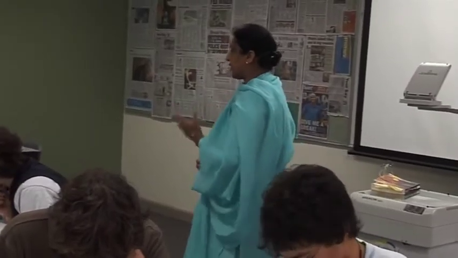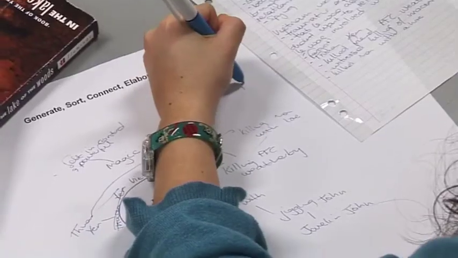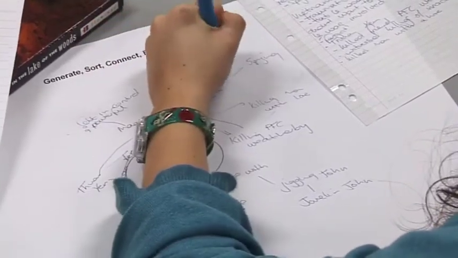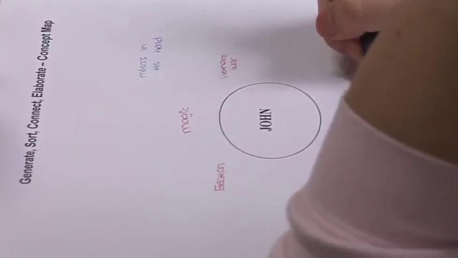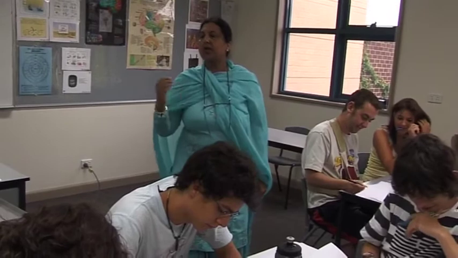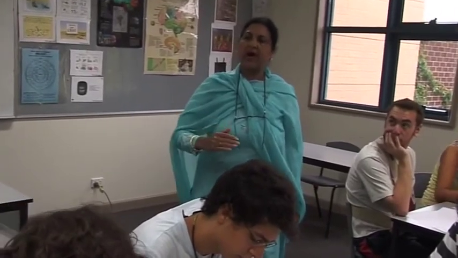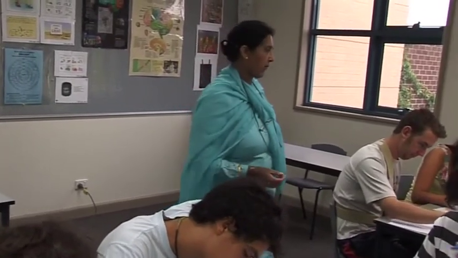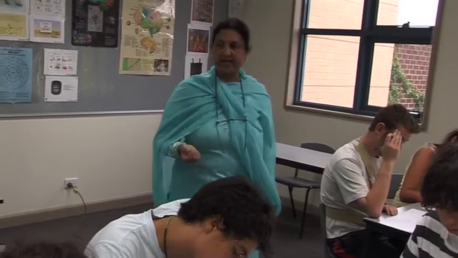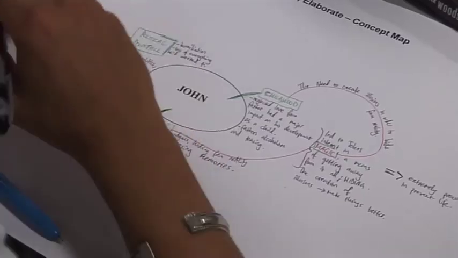Some ideas may lead to others. There may be some sort of a connection. Identify the connection in your mind and draw lines to connect the ideas. Two ideas may be connected, five may be connected. If you can make connections and identify why you feel one idea is linked to another, write that on the line. Is it the cause of the other idea? Did this somehow lead to it? Was it an extension? Was it the outcome? You may use a phrase, a sentence, or just a word to identify what the connection is.